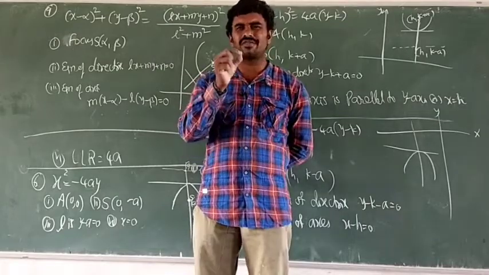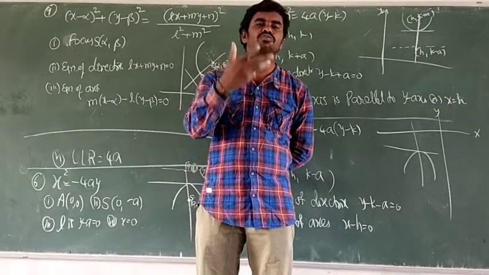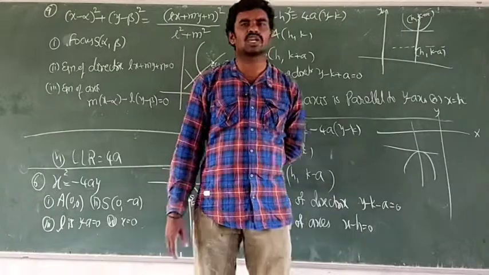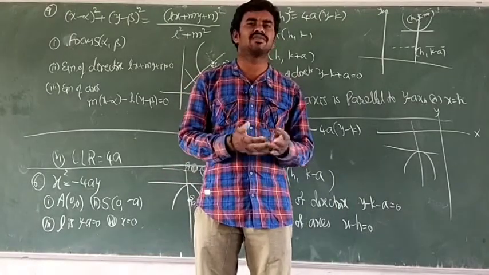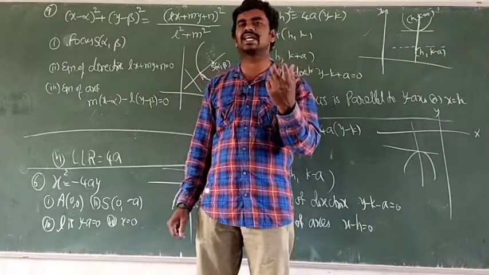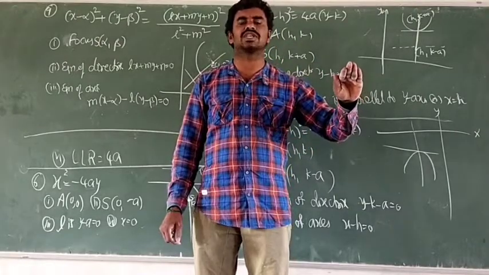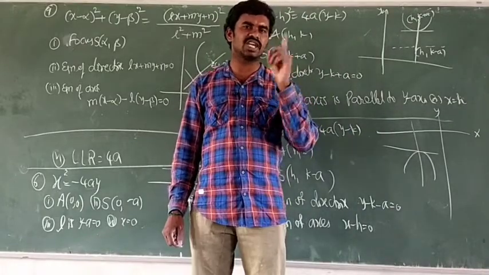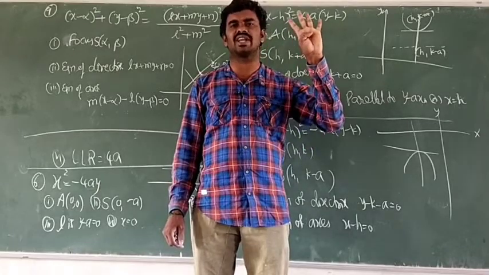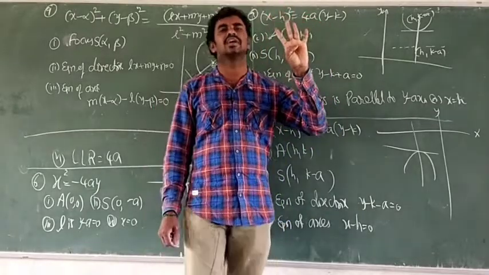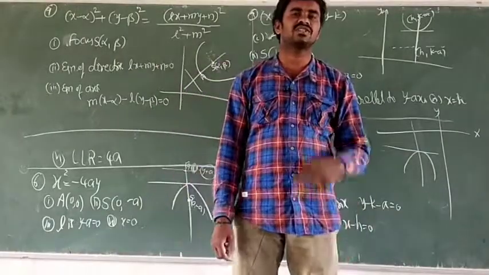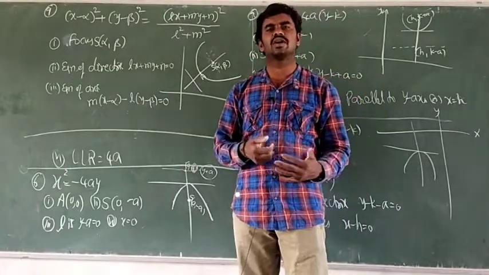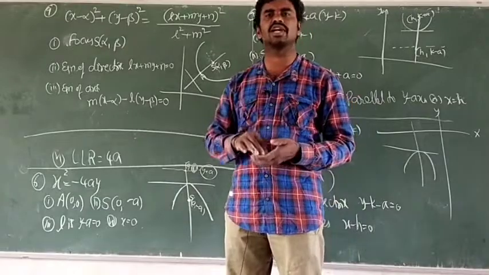I will tell you the small definitions in a single line, and what the 2 marks questions in this parabola are. Which 2 marks questions are repeated in the exam mostly, and which questions are enough. In the next second part I can complete all 2 marks questions, and in the third and fourth parts I will complete 7 marks questions. I will tell you only 4 seven-marks questions. Those 4 are most important; those 4 long questions are repeated in the exam every time. We can know what those are in part 3 maybe. In this part we will try to complete 2 marks questions. Just 10 are there in this chapter, and 10 are enough.